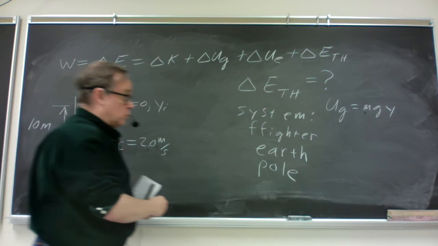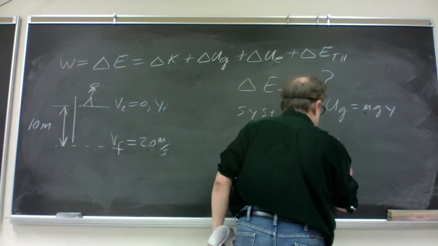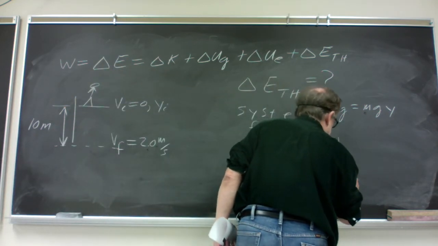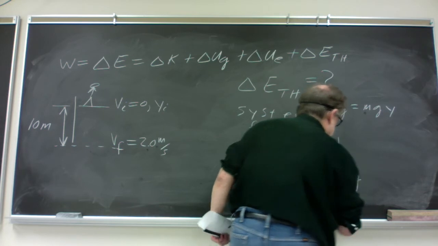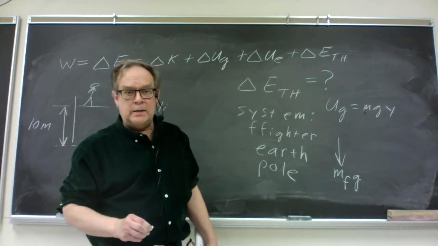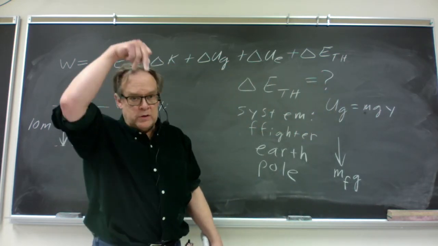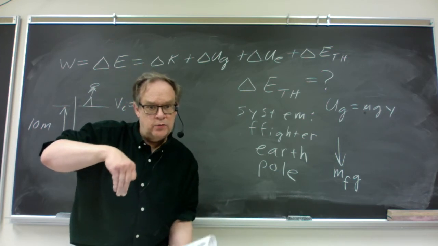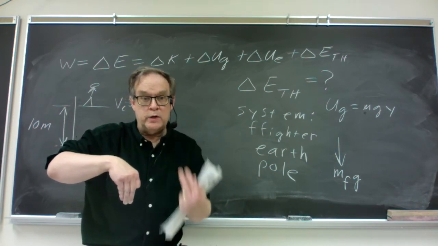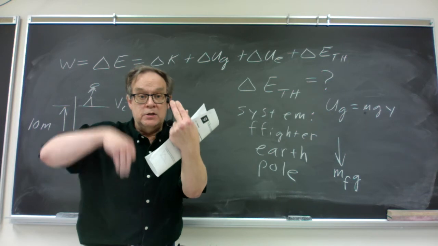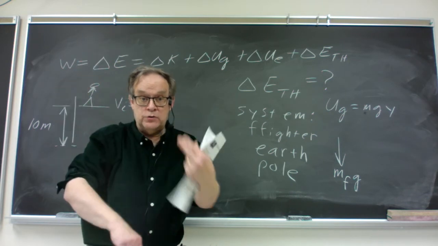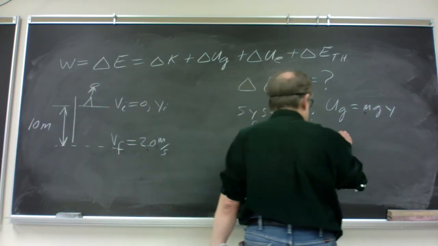In this case, the forces are just the firefighter's weight, and then while the firefighter is sliding down, there's a kinetic friction force. Kinetic friction always points opposite to the direction of motion, so the kinetic friction force is up,